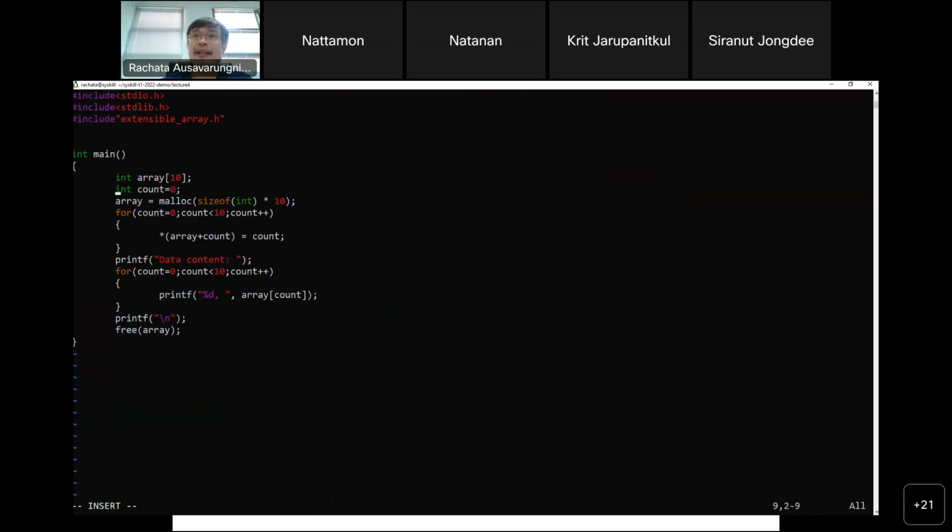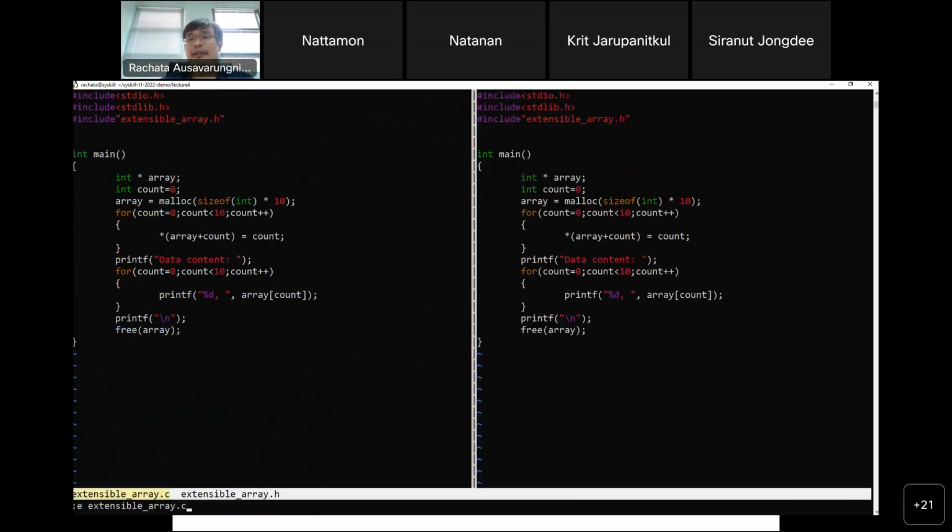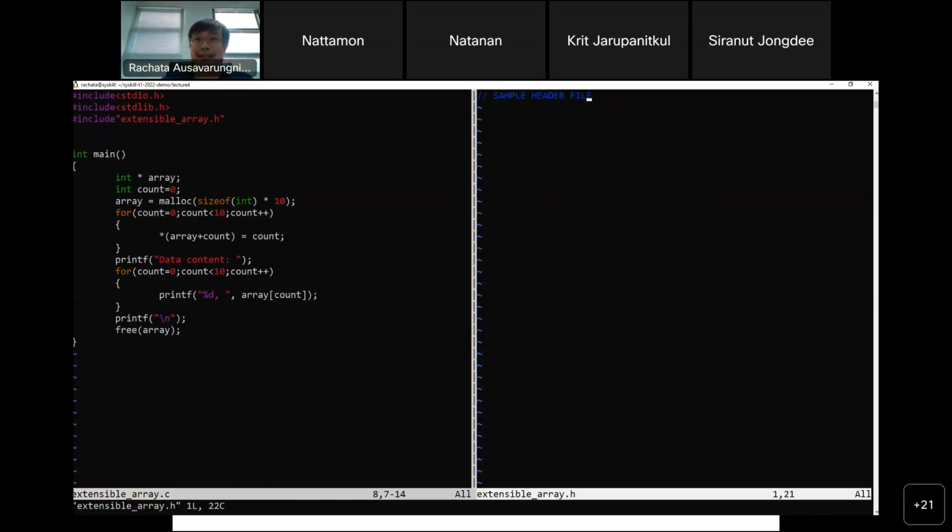Now, let's go with your in-class exercise. I'll build a starter code for your in-class exercise. Again, I'll show you the example header file, right? I want to make sure I create a function called double the size, I guess void double the size, right?